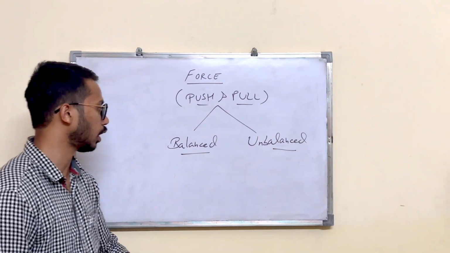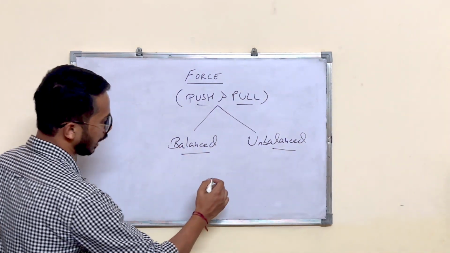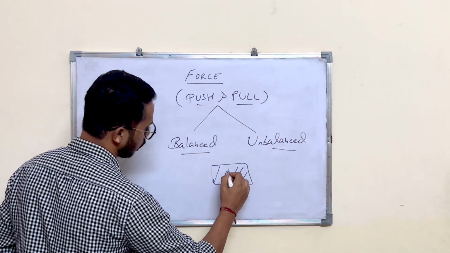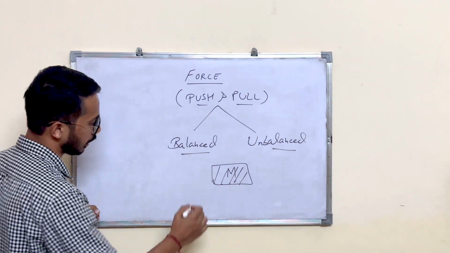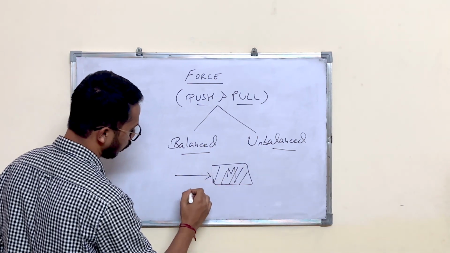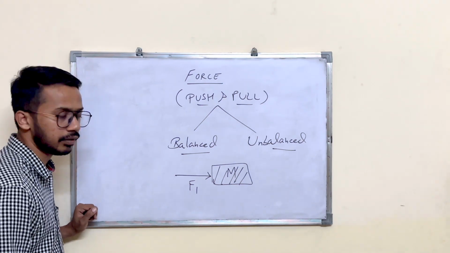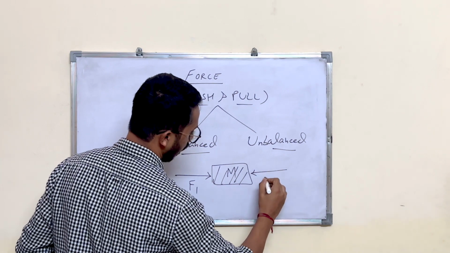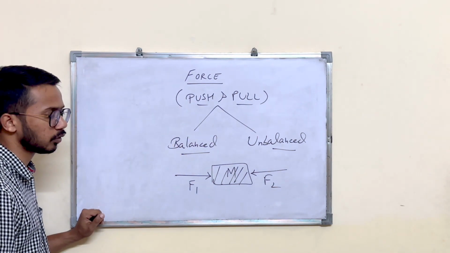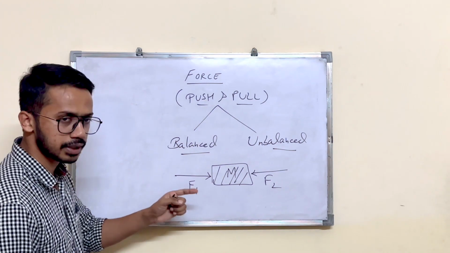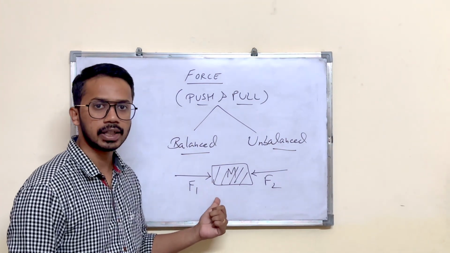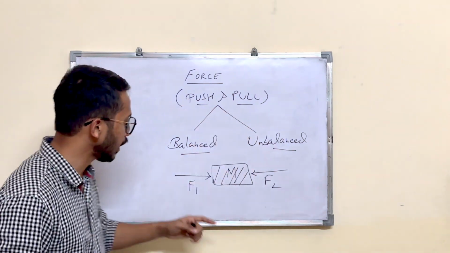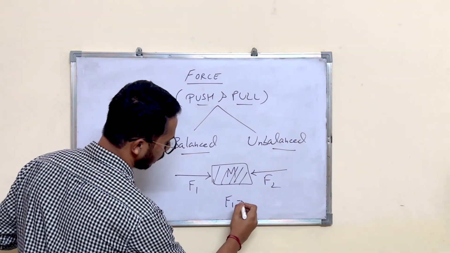Okay, so let's go back to the balanced term now. Let's say we have an object whose mass is capital M. We are applying a certain force, let's denote the force by F1. So we are applying F1 force on the object from the left side. And we are applying F2 force on the same object from the right side. So we are applying forces of opposite nature in opposite directions. One force is trying to push to the left, the other is trying to push to the right. Now if I say both these forces are equal,